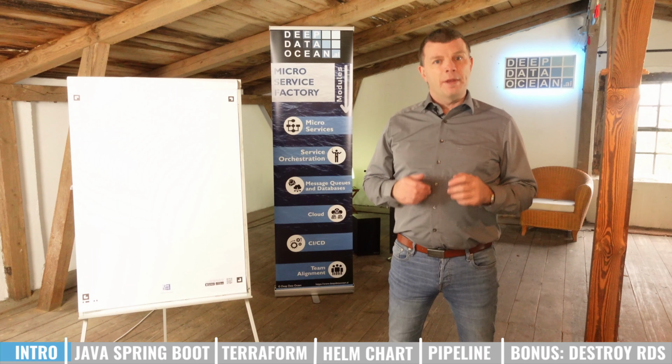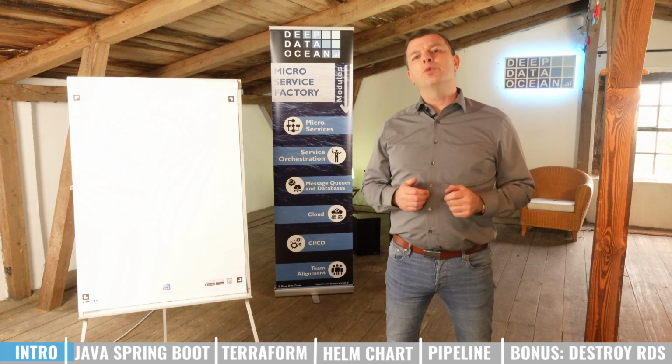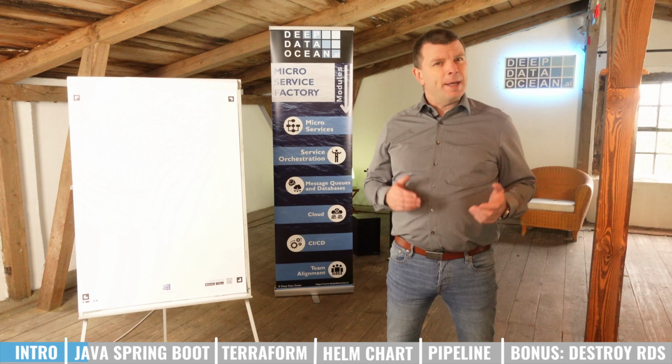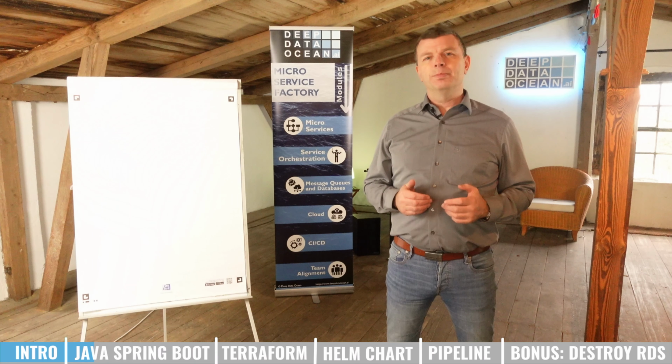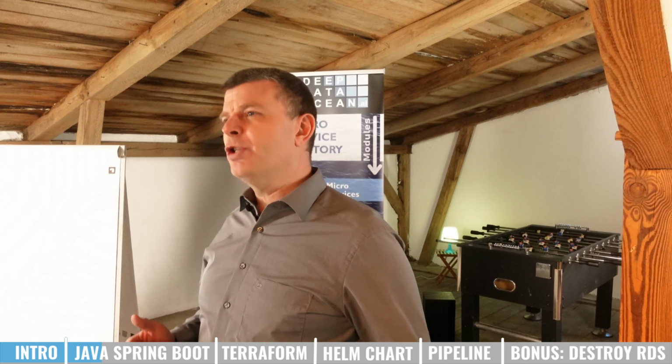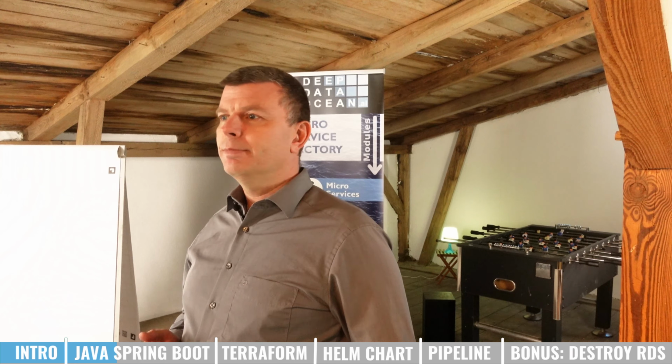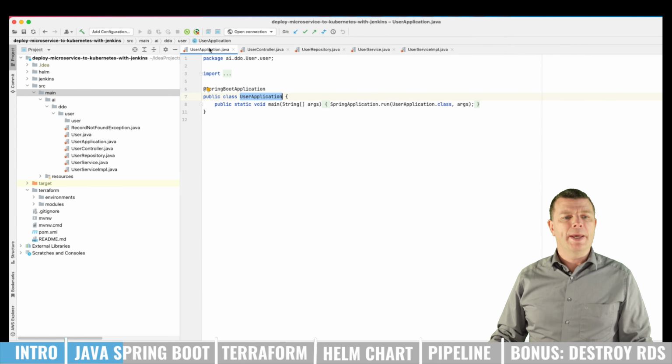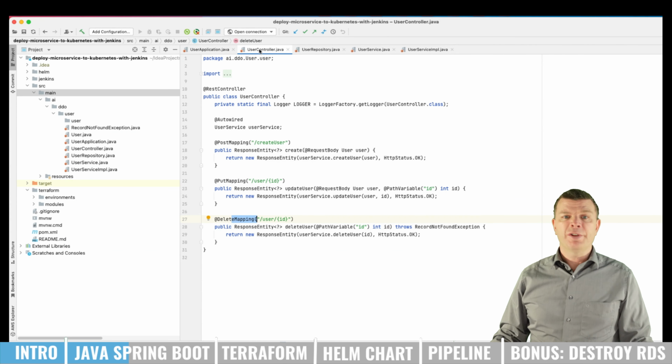Let me show you the Java Spring Boot microservice for the User Microservice first. A user basically has a first name, a last name and an email address. The microservice provides CRUD operations for the users. The users are stored in a Postgres database. Here we have our user application. The next one is the user controller that has the post mapping, the put mapping and the delete mapping for